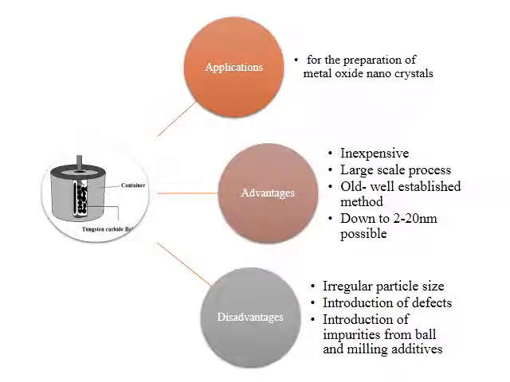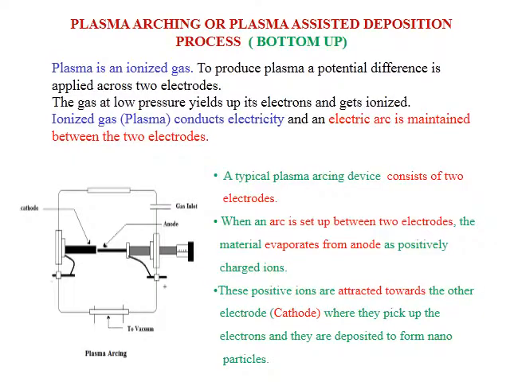Disadvantages are the resulting powder will have irregular particle size, and there is a possibility of introduction of defects when it is not properly crushed, and a possibility of introduction of impurities from the ball and milling additives. So these are all the advantages and disadvantages of the ball milling method. This is an example of the top-down approach. The next method is the plasma arcing or plasma assisted deposition process, and this one is